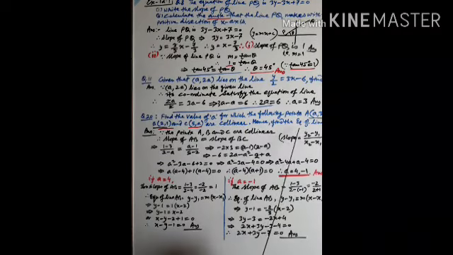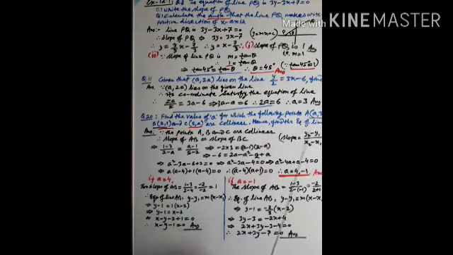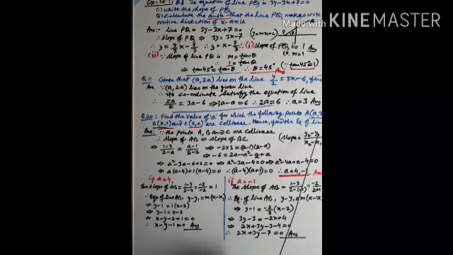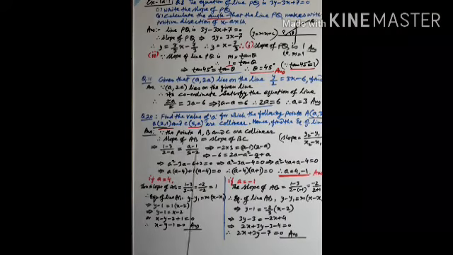The slope of AB, given the coordinates of A and B, is y2 minus y1 by x2 minus x1. Here this one is x1, y1 and this is x2, y2. So slope of AB is (1 minus 3) by (2 minus a), equal to slope of BC, (a minus 1) by (5 minus 2). We have written the coordinates of A and B only here, and on calculation